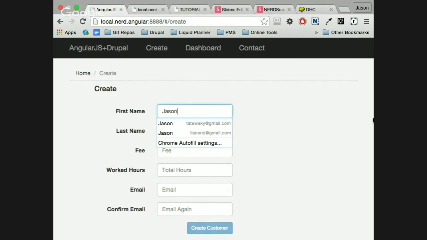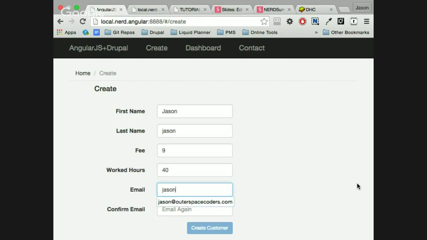I fill the form, Jason 2, I'm gonna put like 940. My button is still not enabled, and everything here is Angular. We haven't used the REST yet. It's just the interface. We can make it look as we want, and as I said before, we can use the Android app to do this too. Now email, I'm gonna put using outer space characters, and still not enabled.